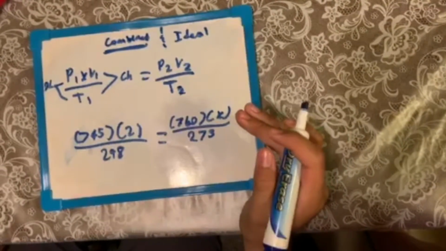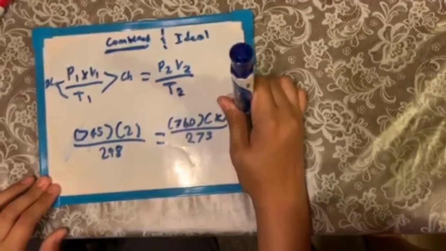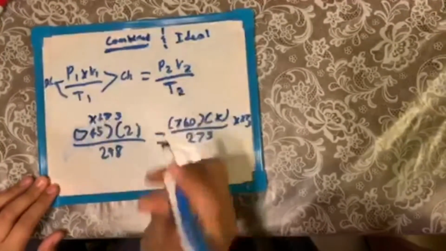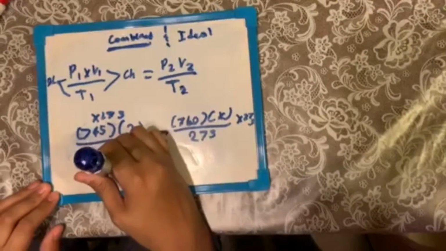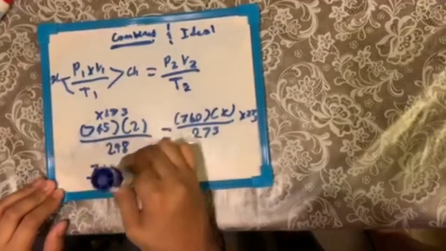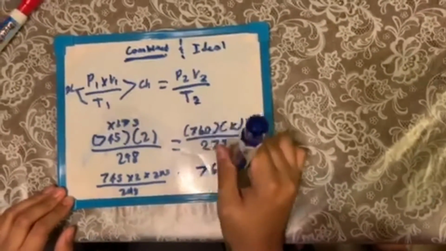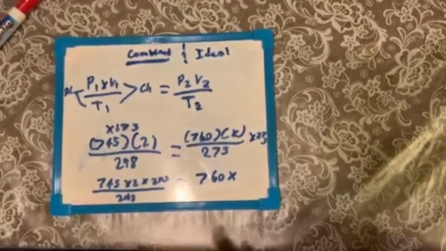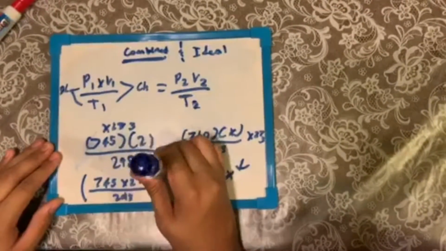So, we're trying to solve for volume here. First, you would multiply both sides by 273, right? So then you would have 745 times 2 times 273 over 298 is equal to 760x. Now, to get the x by itself, you have to divide this whole thing by